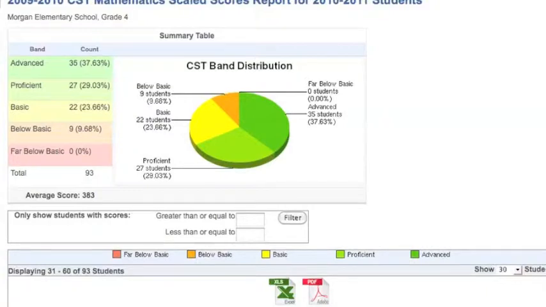Let's take a look at a mathematics scale score and what kind of information you can find from this. This is kind of a general, how's your school doing? You can take a look at your students and see how they've progressed from one year to the next. In this particular report, what we can see is this school, again, fictitious data, has quite a bit in the